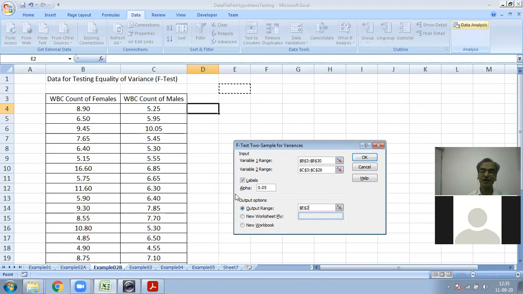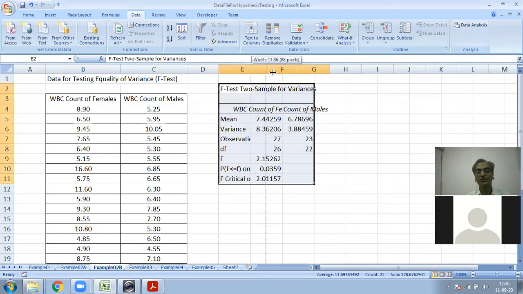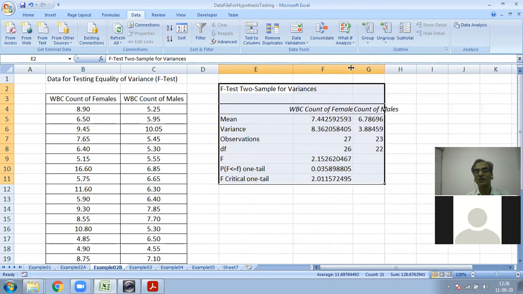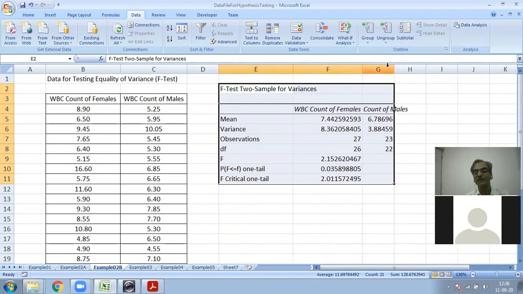After selecting all the ranges and the output range address, click on the OK button. It will show you the output for the F test of equality of variances.